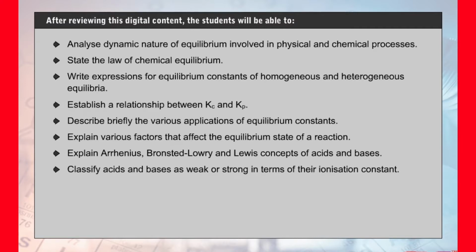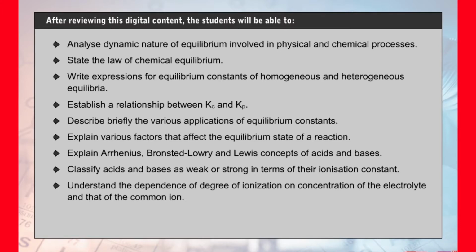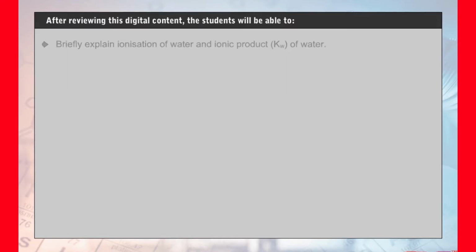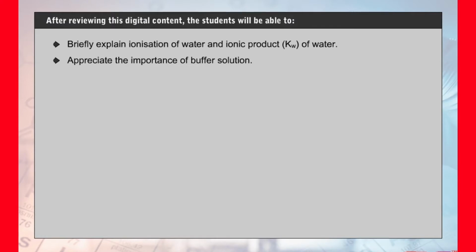weak or strong in terms of their ionization constant, understand the dependence of degree of ionization and concentration of the electrolyte and that of the common ion, describe pH scale for representing hydrogen ion concentration, briefly explain ionization of water and ionic product Kw of water, appreciate the importance of buffer solution, calculate solubility product